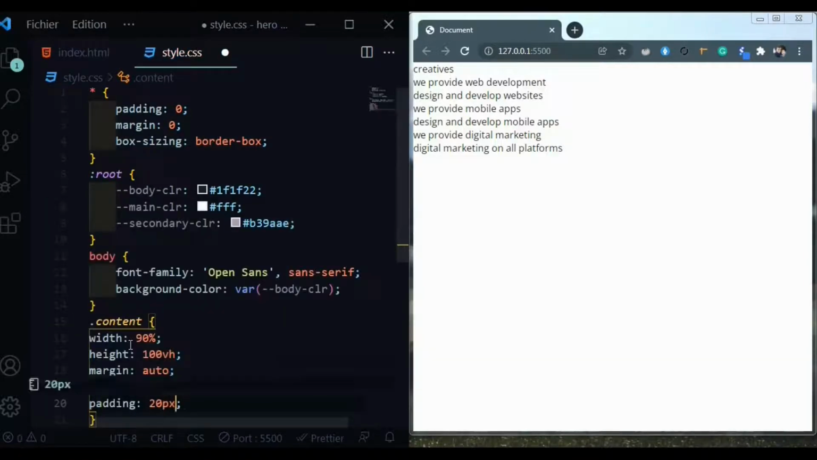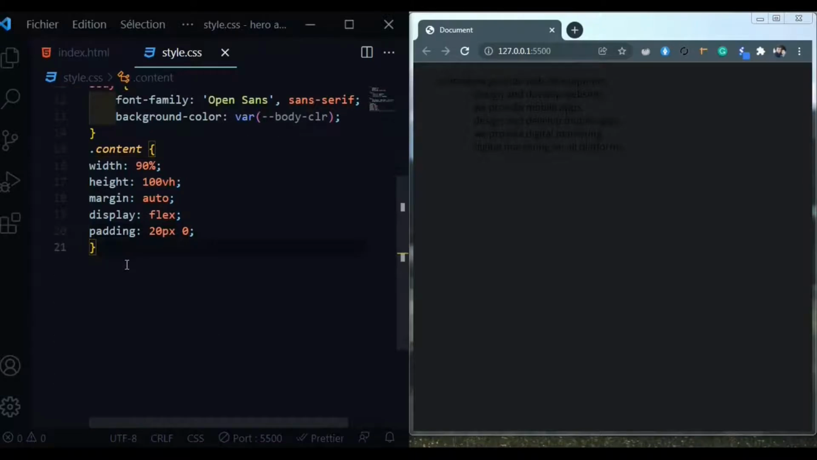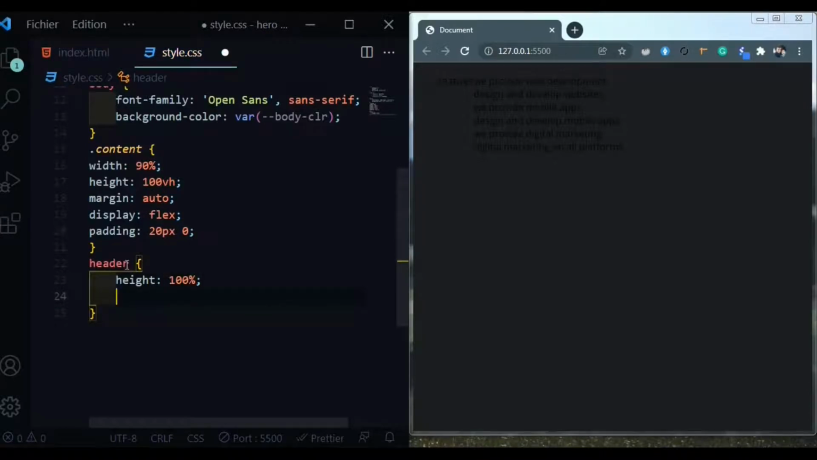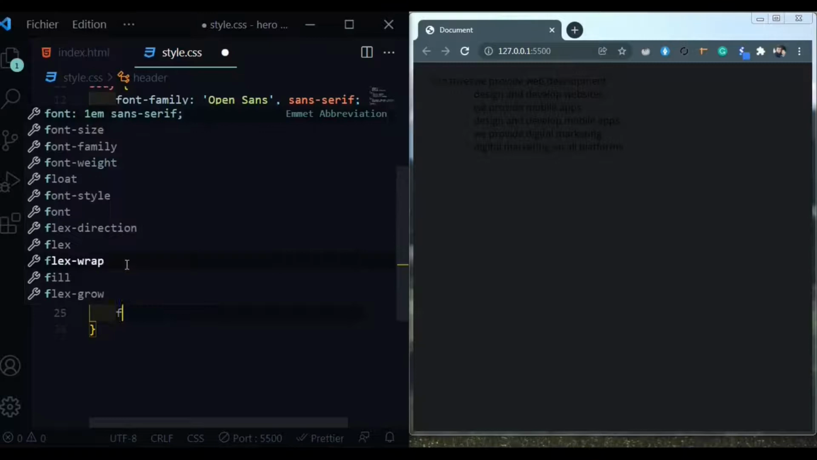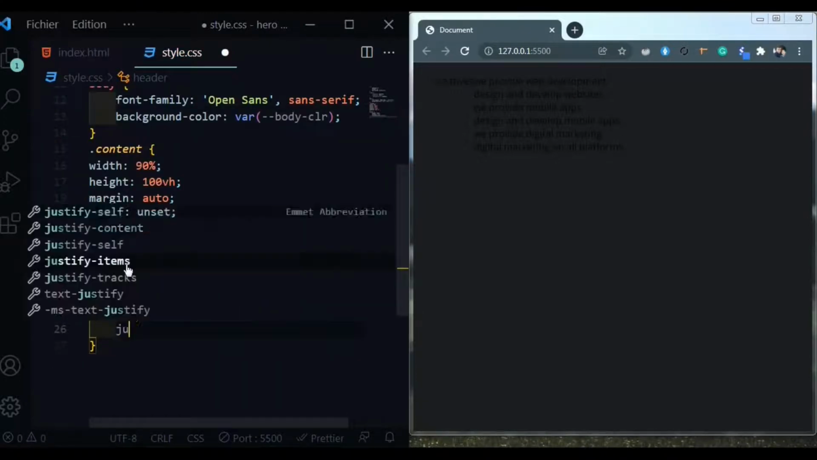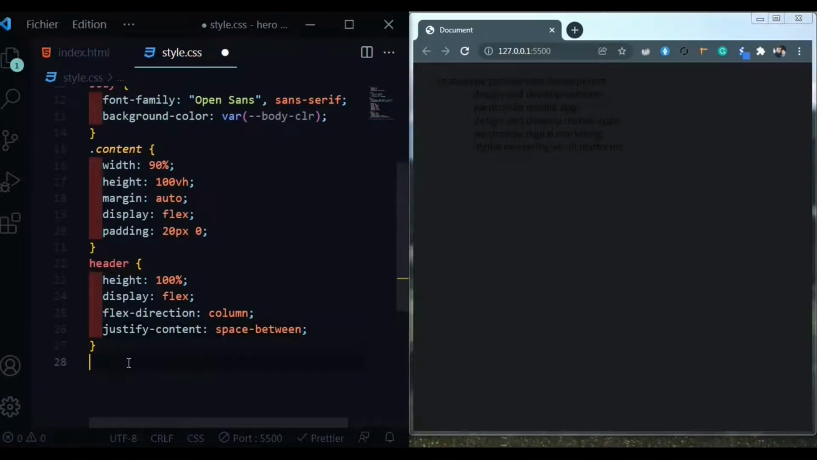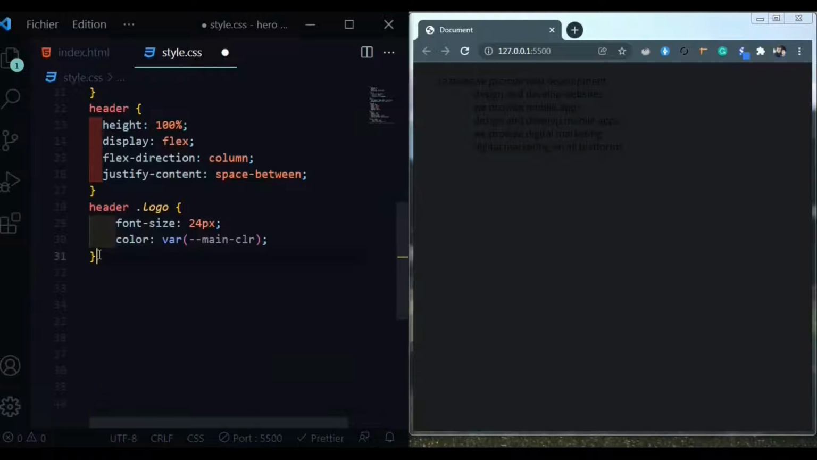display flex, and padding 20 pixels top and bottom and 0 for right and left, and header height 100%, that means 100 viewport height, and display flex and flex direction column to be vertical, and justify content space between to be the logo in the top and the hamburger in the bottom, and add to the logo its font size and the main color, and add to the logo span secondary color to make it look as a branded logo,